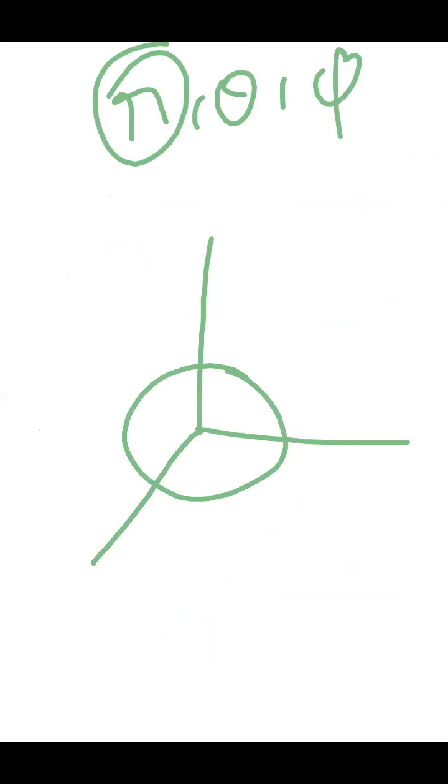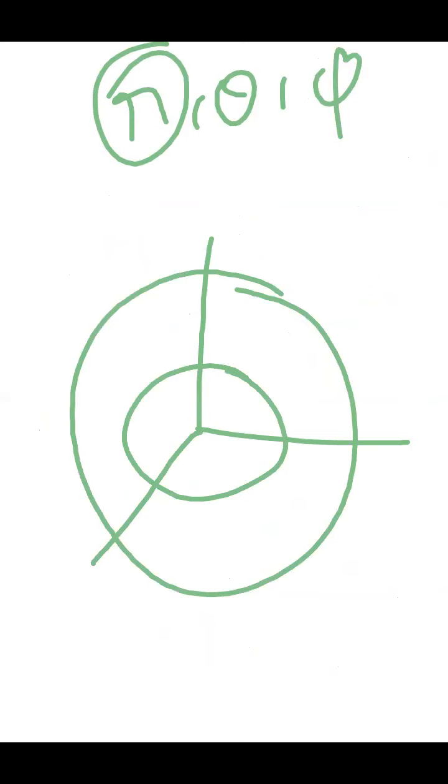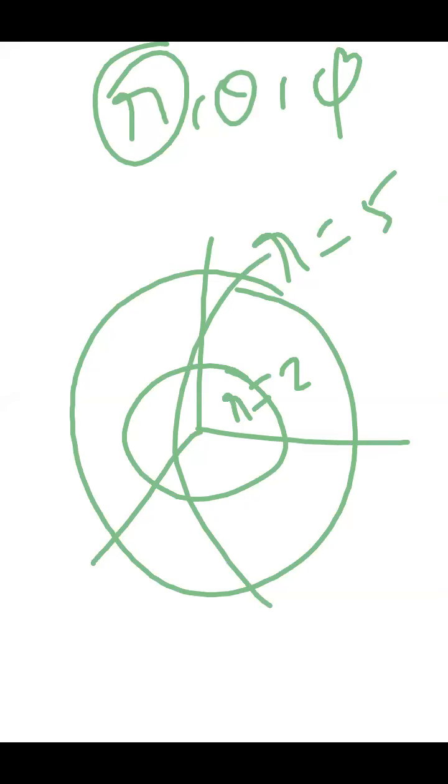What is the nature of R? Once your R is small, your surface will be like this. Once you increase R, your surface area also increases. Now please remember, if this is R equal to 2 and this is R equal to 5, both are forming their own surfaces. Are they parallel to each other? Yes, they are parallel, because the left-hand side is the same and the right-hand side differs. So definitely it should give you parallel surfaces.